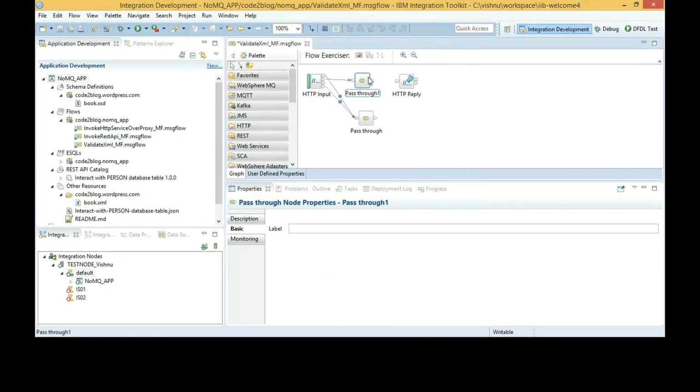Let's give some meaningful name to the pass-through nodes. In textual form, I'm informing that HTTP node will be doing the validation from now on.